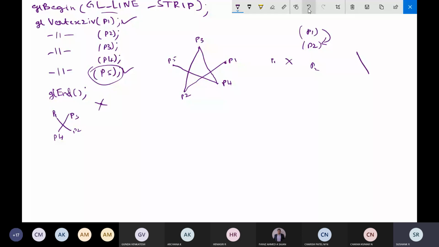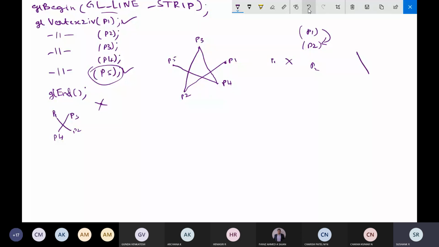To display one line, you should mention at least 2 points. If you don't, the line will not be displayed. So this function needs at least two coordinate positions, P1 and P2, for displaying. So this is the working of line strip.